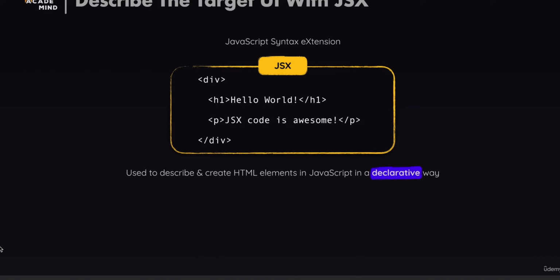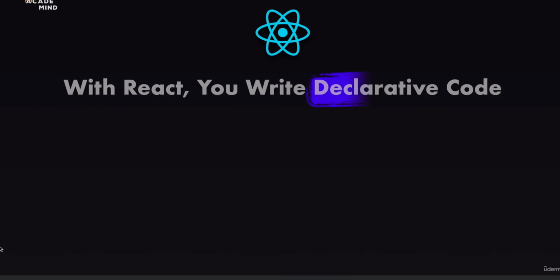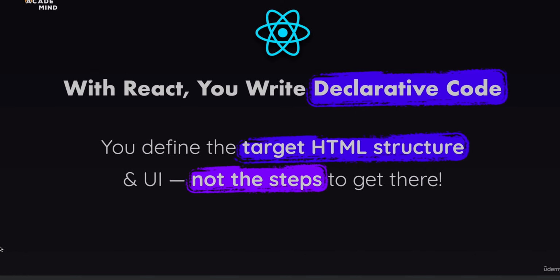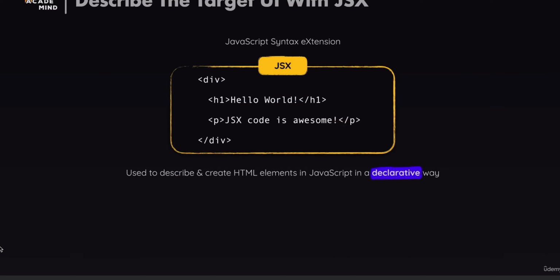And this extension allows developers to describe and create HTML elements by writing HTML markup code inside of JavaScript files. And since React will be about describing and creating user interfaces and parts of user interfaces, this is